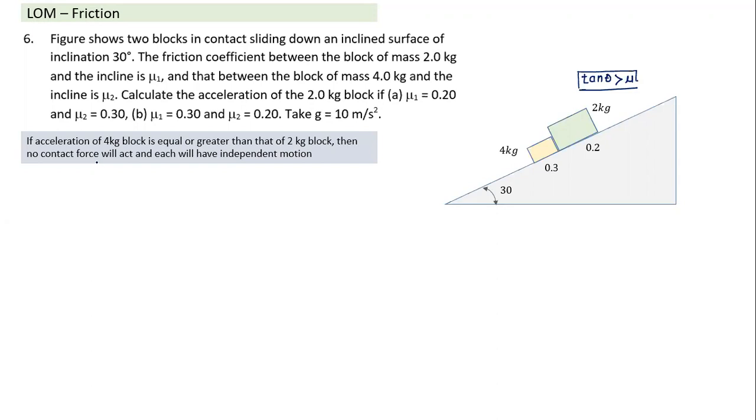Second thing we need to understand: if two blocks were kept separately, rather than side by side, at some distance apart, can we easily tell which of the two blocks has the greater acceleration? Let me call this block A and this block B. Which block will have greater acceleration if there's a gap between the two?